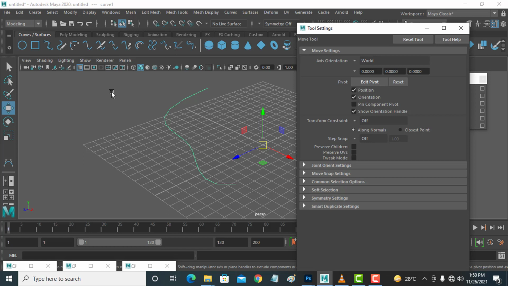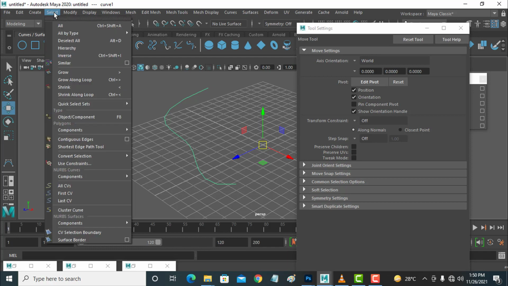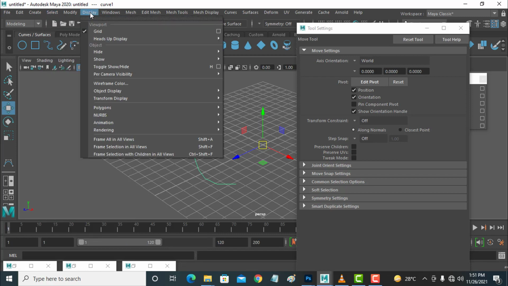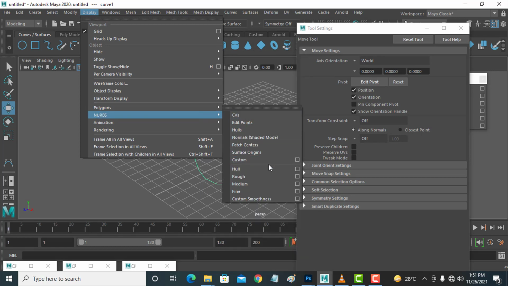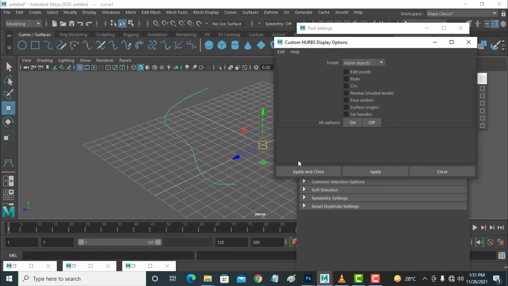Now one thing is, go to select, and yes, the display, go to display, go to nurbs and custom, click it here, and you should turn on these 3 points, apply and close.